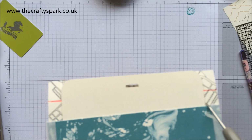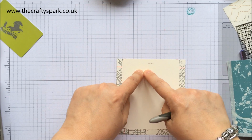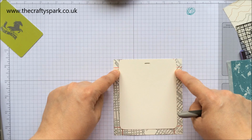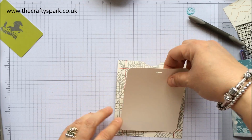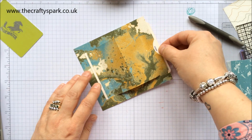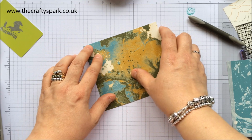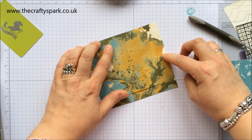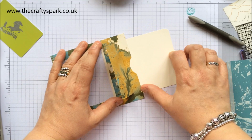If that gap was any wider though, what you'd want to do is put a strip of paper or card or something going across it, just to hold it in place as you're sliding it up and down. Otherwise you might find your card going everywhere but where you want it, if you know what I mean. Right, so that's going to be doing that. Now when that comes up to there